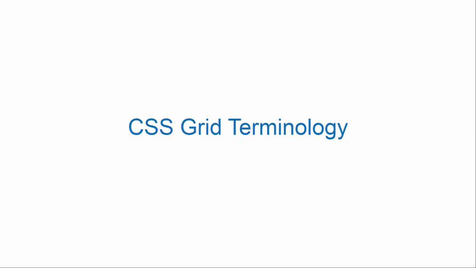So what I wanted to do first was to go over the terminology and some definitions. What is CSS Grid? What are some of the CSS declarations? Then go into how to actually place items on the grid once you've created it,